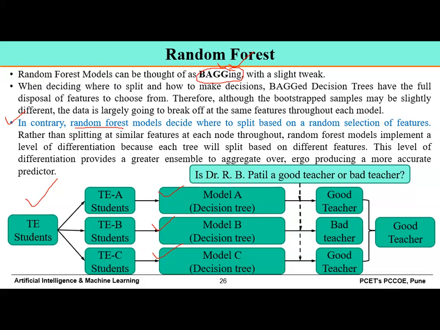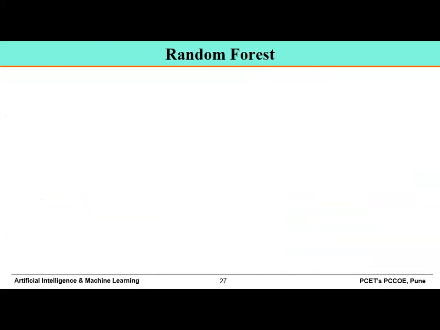Now the question comes, how will you memorize random forest? When we say the word forest, what will you see in the forest? In general, the word forest means a number of trees, right? More number of trees means a dense forest, less number of trees in the forest means